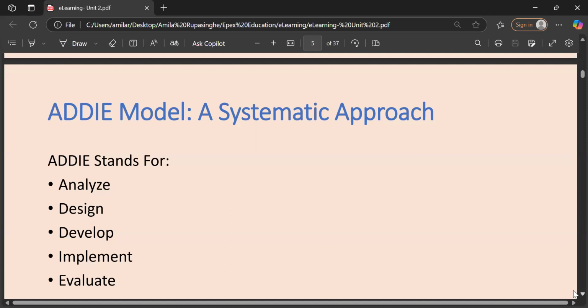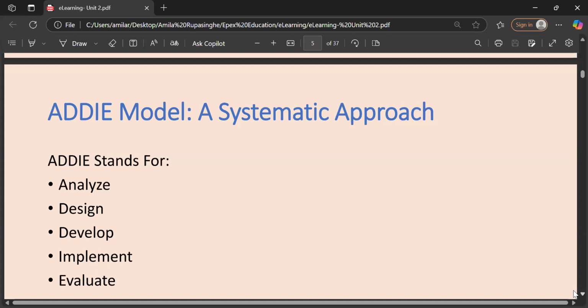Therefore, educationists and e-learning developers have developed some systematic approaches, some models, right? One model we call the ADDIE model. It's a systematic approach for e-learning, right?